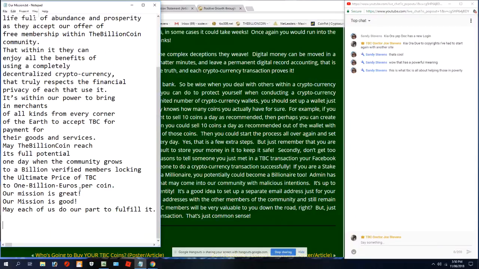And I'm not going to say euro because we're not dealing with euro, but we're dealing with 1 billion coin. Our mission is great. Our mission is good. May each of us do our part to fulfill it. That's our mission statement.